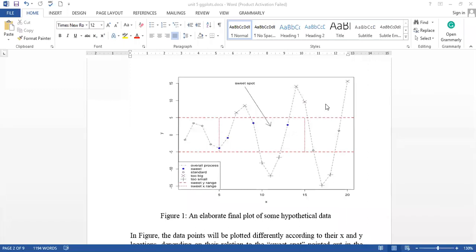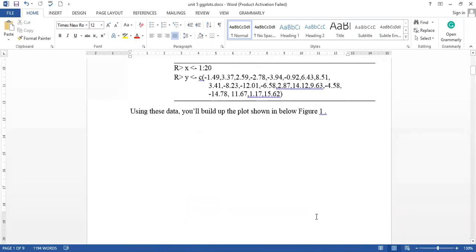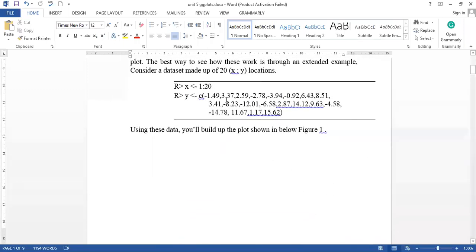Okay. So to draw this particular plot, I have taken two vectors. The first vector is x. If you see 1:20, this is a sequence which gives 20 values to the x vector, starting from 1 and going to 20.